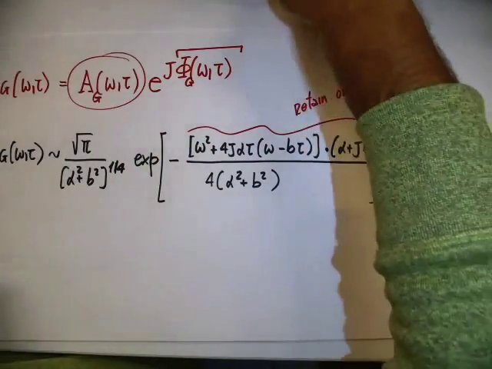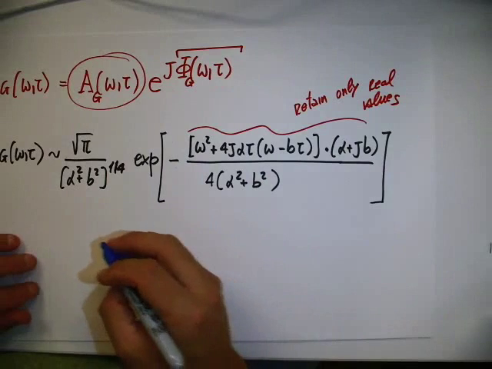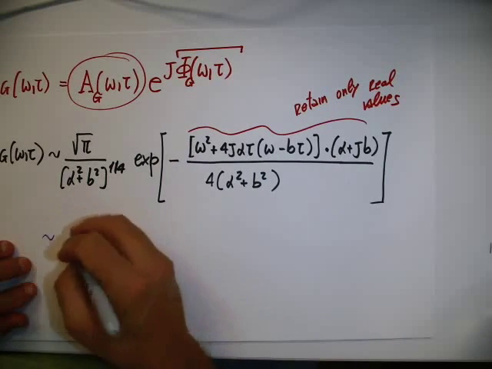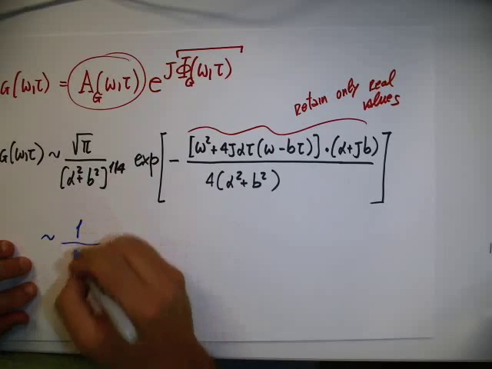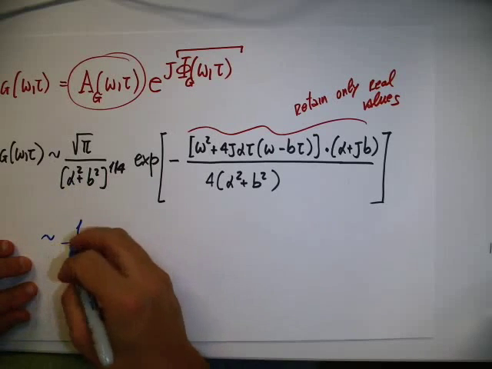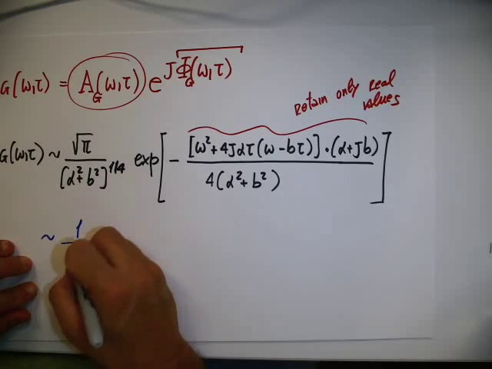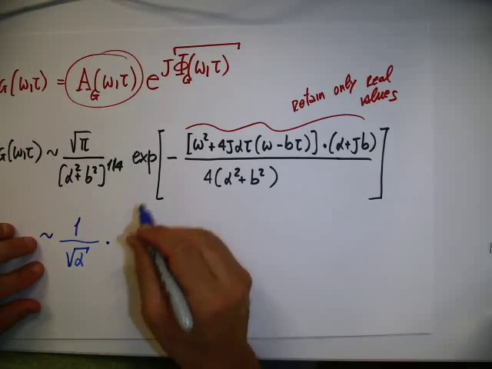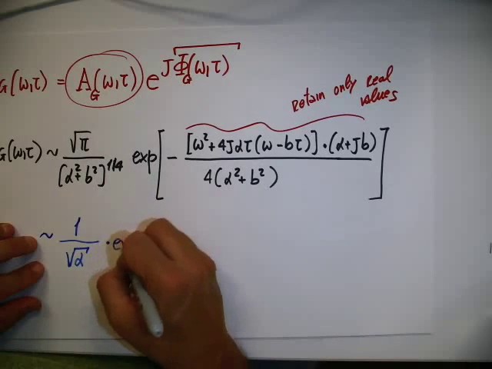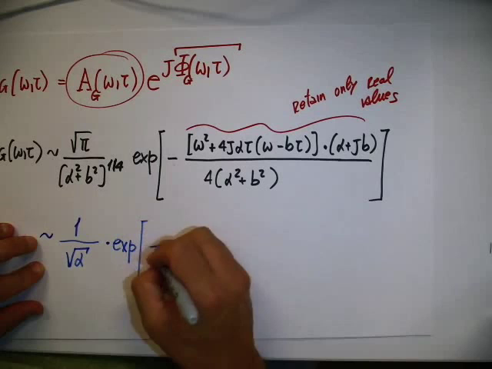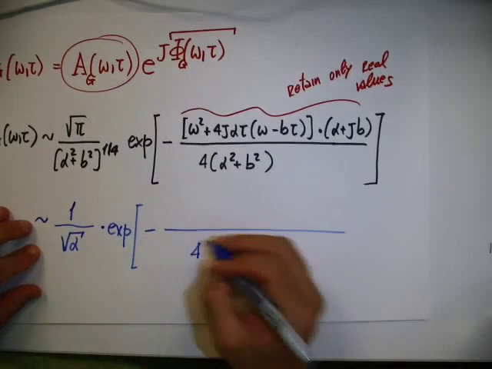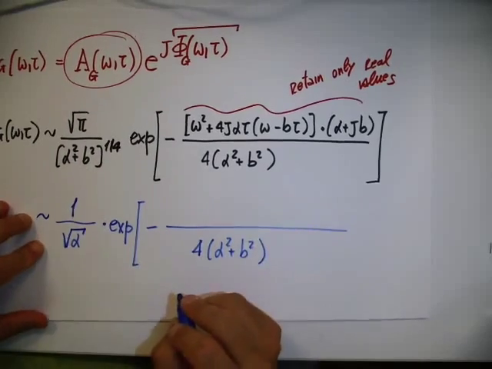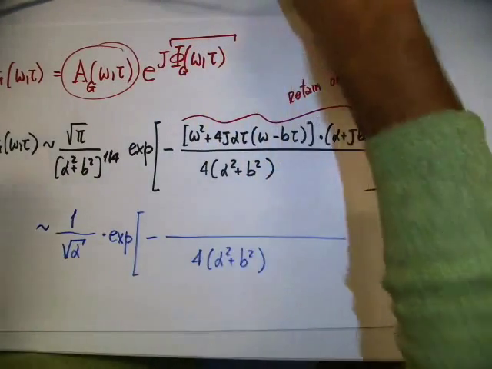So if I do that, we see the dependency is going to be, more or less, 1 over the square root of alpha times the exponential. Now, when I do this multiplication, I get 4, which multiplies alpha square plus beta square, and on the